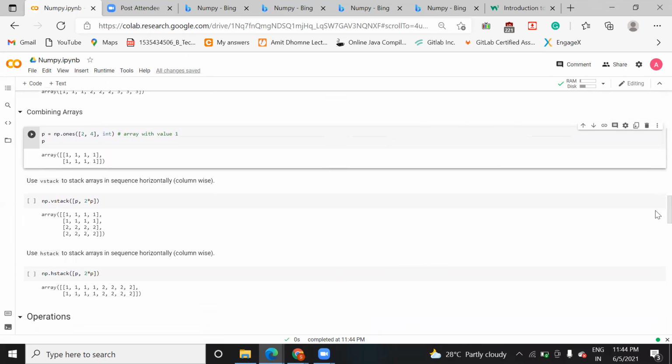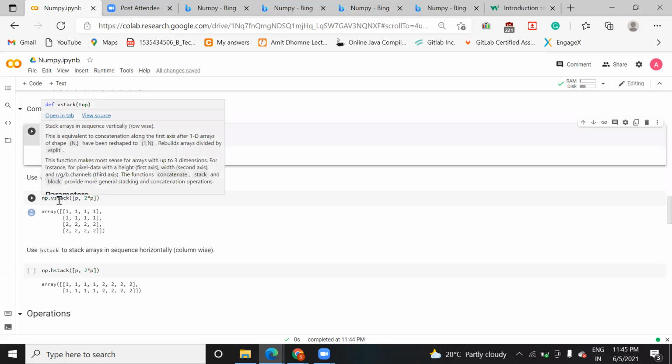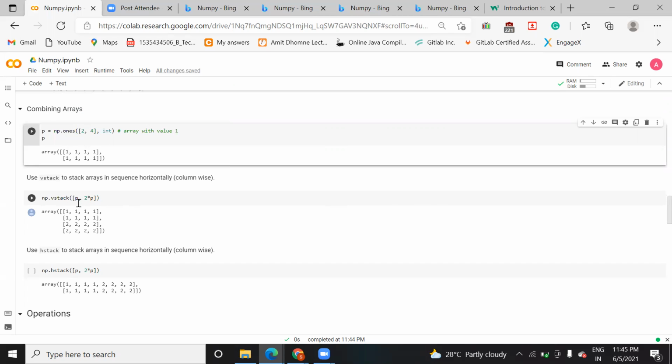Now suppose you want to stack the arrays, or arrange the elements. How can you do it? You can use the vstack function. This vstack function is used to print an array in some sequence, either row wise or column wise. So we have used p and 2 * p. What is the value of p here?